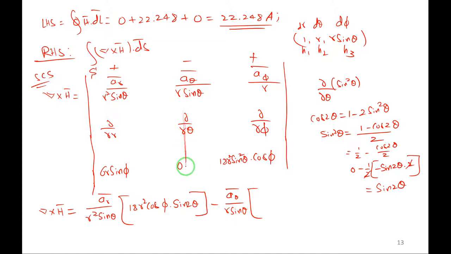So leave this column, leave this row. Dou by dou r, with respect to r means 18 sine square theta cos phi is constant. Differentiation of r square, dou by dou r of r square, n x to the power of n minus 1, I will be getting 2r, right? So let me write it, 2r.